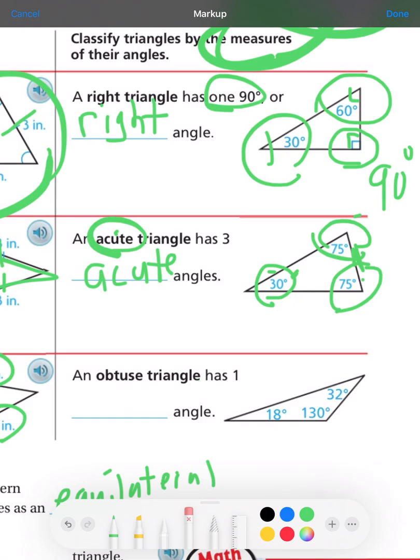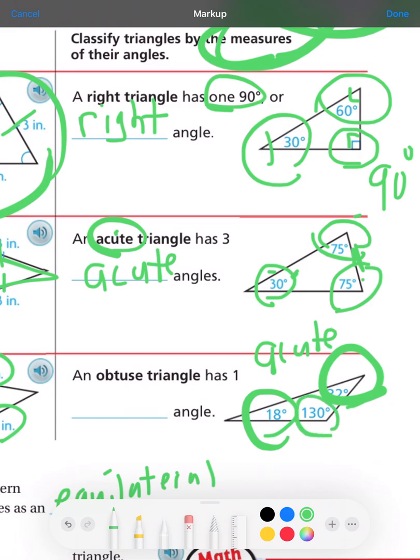This guy here is an obtuse triangle. It has one, what kind of angle? Well, this one is 18 degrees. This one's 32. These are acute. But this one right here is obtuse. Remember, those are the angles that are bigger than 90 degrees. They're great big open mouths. So 130 degrees. An obtuse triangle has one obtuse